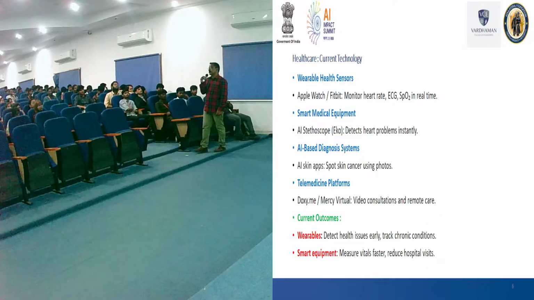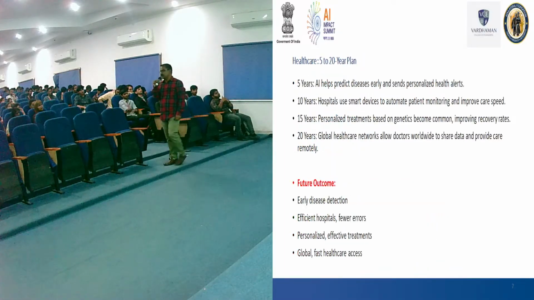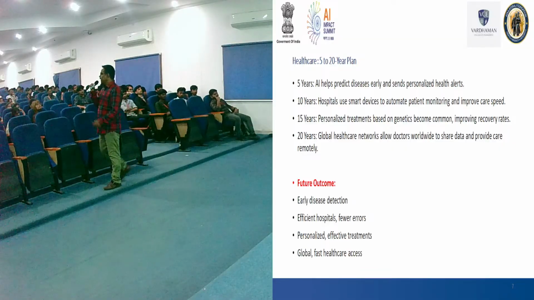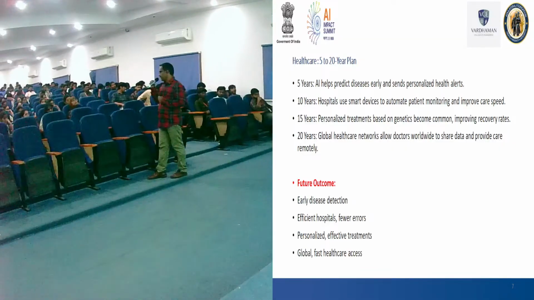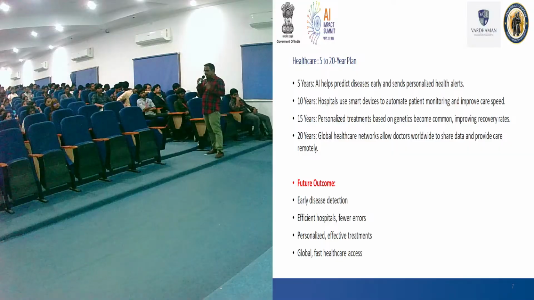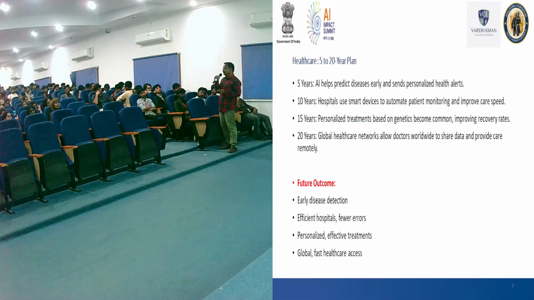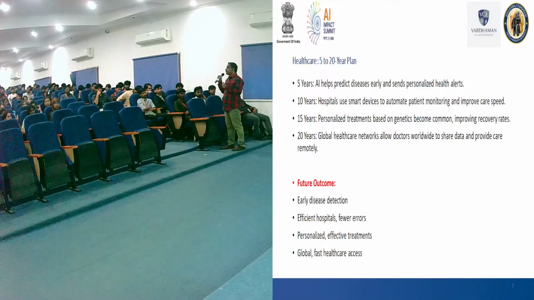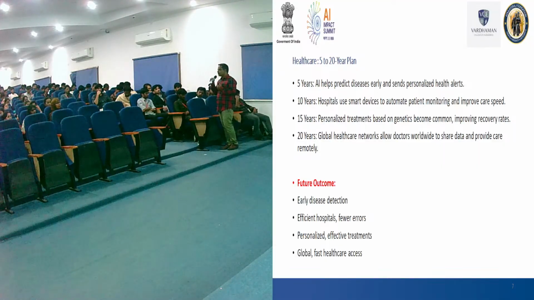What about the next 5 to 20 years? The 5 to 20 years. It really helps predict diseases earlier. If we use it in time, we will find out early. So, personalized health habits. For example, you are not feeling good, your brain will inform you, correct? Your body will be feeling something, sneezing, coughing. So these things are going to affect the